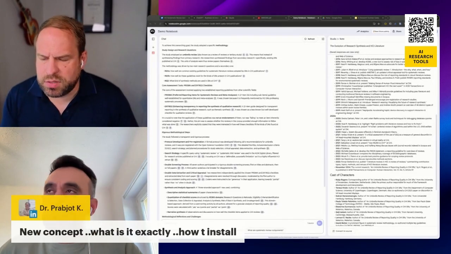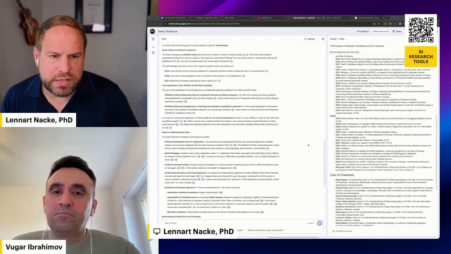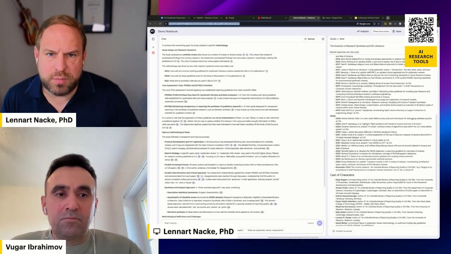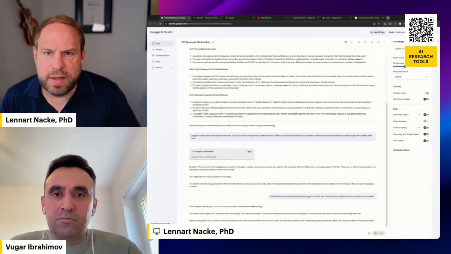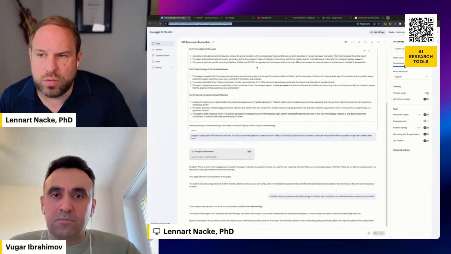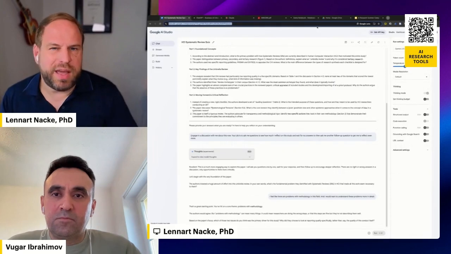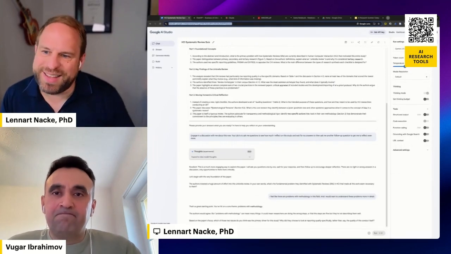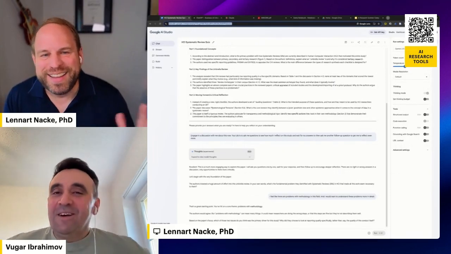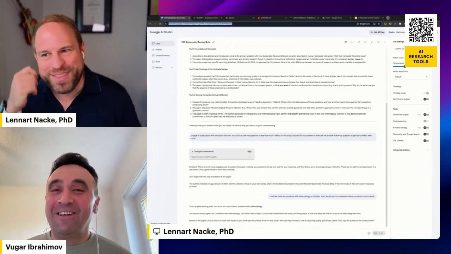To go to this other question here, how to install? There's nothing to install. For this one, you just go to notebooklm.google.com and sign in with your Google account. For the other one, you go to aistudio.google.com and again sign in with your Google account, and you can play around with them. Now, keep in mind, nothing in life is ever free. There's probably some information that gets forked over in the background there. So when you're playing with Google, you're playing with data.